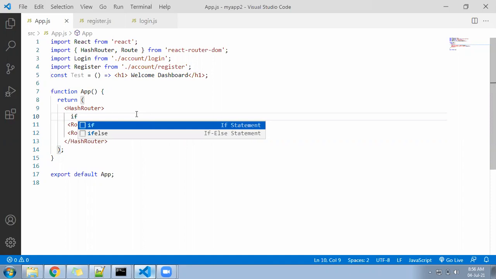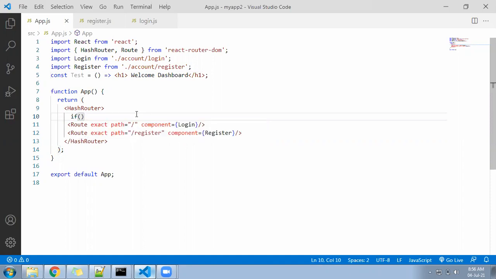If localStorage.getItem, setItem is used to set the data, getItem is used to fetch the data. getItem of which one? userID equal to null. Then display this section. This section should work.